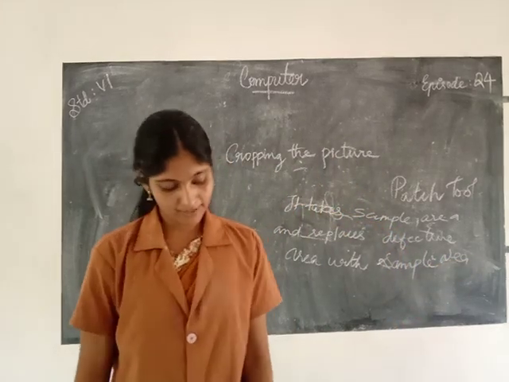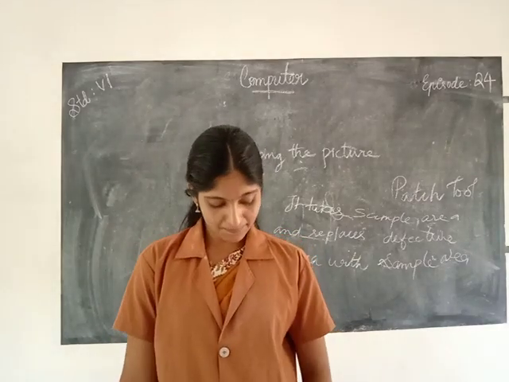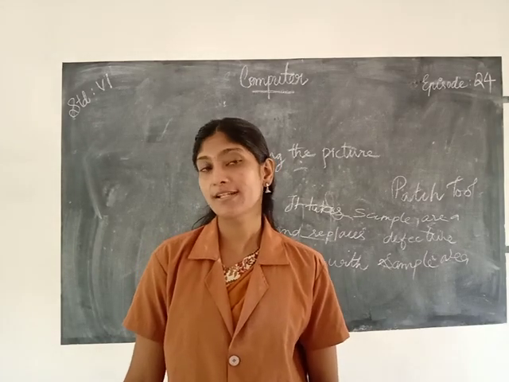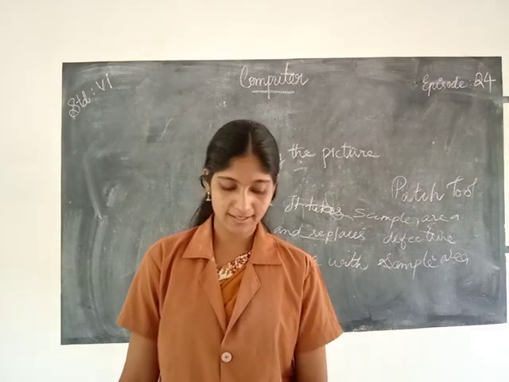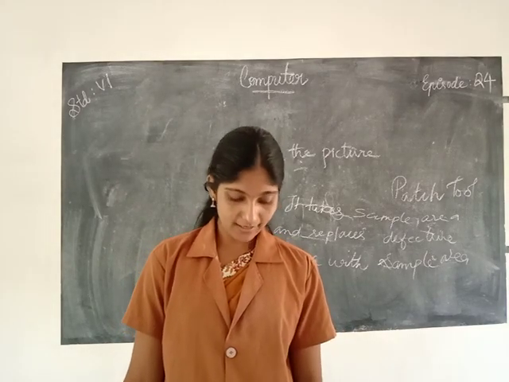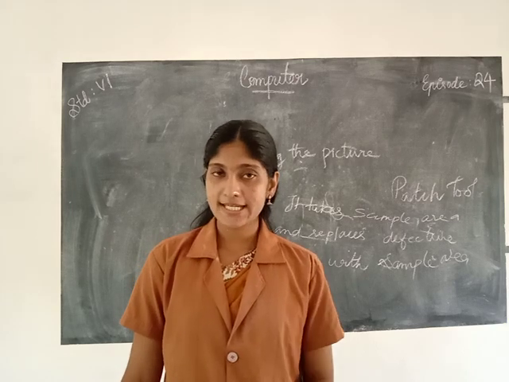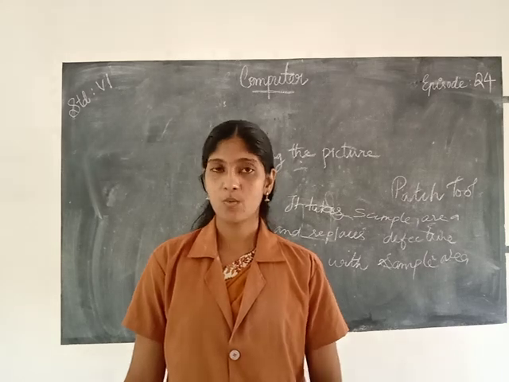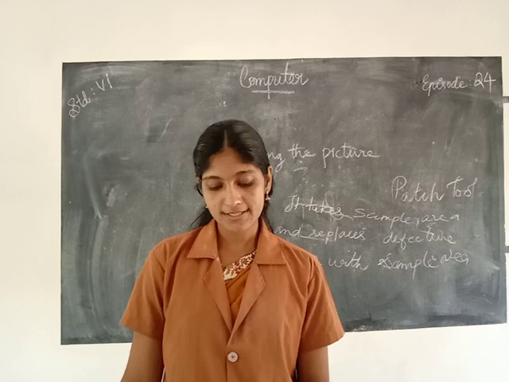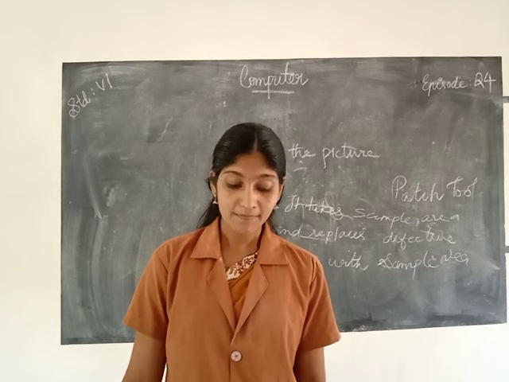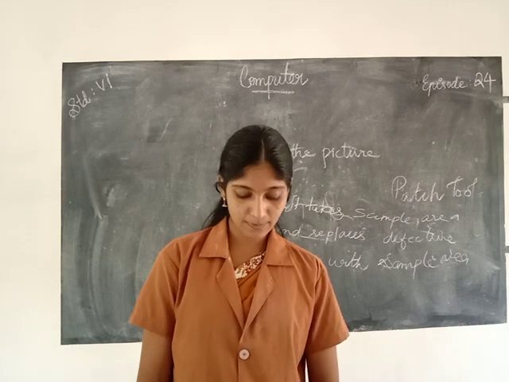Then next one: the single dot on a computer display is known as pixel, PPI? Which is the correct answer? Pixel. Pixel is the single dot on a computer display. Then the computer monitor cannot support more than 96 pixels per inch, 102 pixels per inch, 112 pixels per inch, or 136 pixels per inch. So what is the correct answer? The computer monitor cannot support more than 96 pixels per inch.